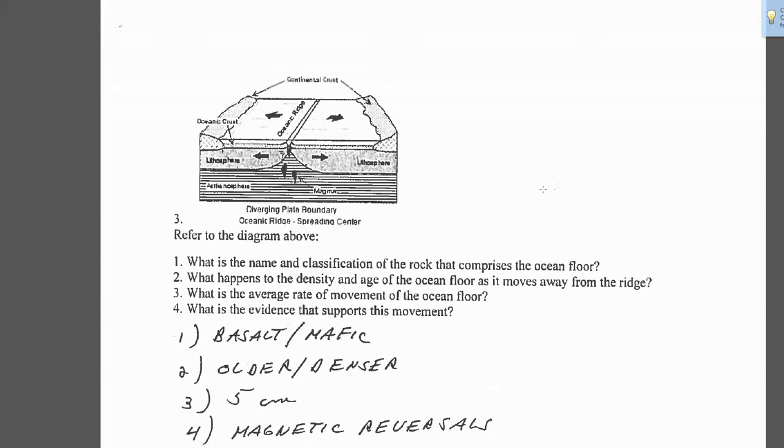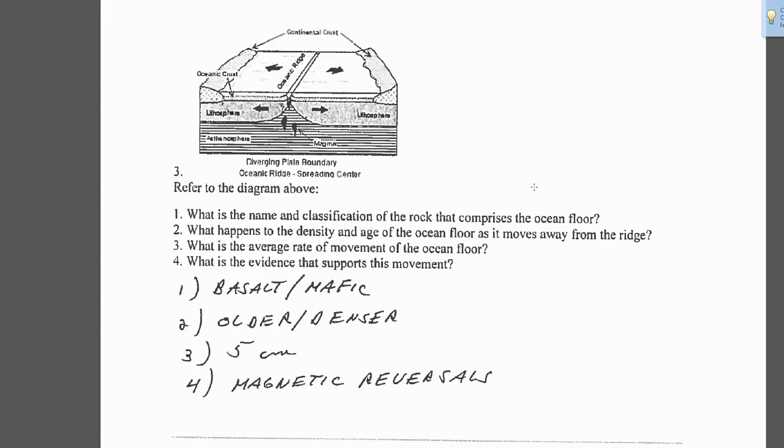The next question deals with a spreading center, oceanic ridge, diverging boundary. We know the oceanic plate is basalt. It's mafic, magnesium and iron. We did a couple activities. As you move away from the ridge, the ocean floor becomes cooler, therefore it becomes denser, and it becomes older. The average rate of movement is somewhere around 5 centimeters per year, and you did several problems, and the answers were